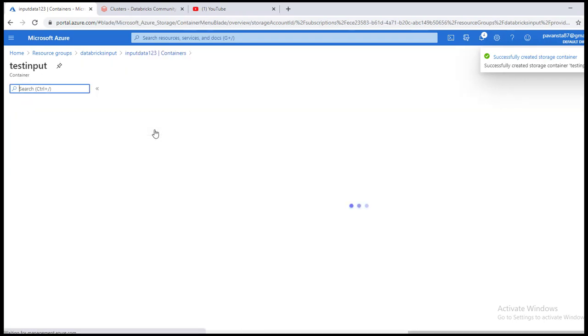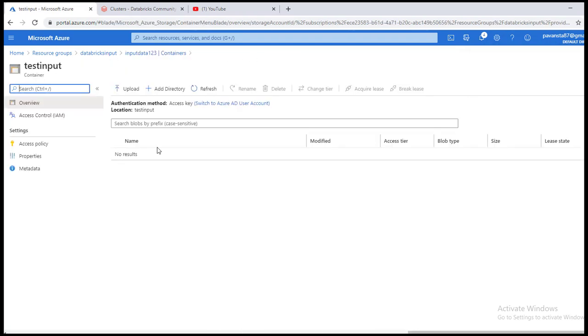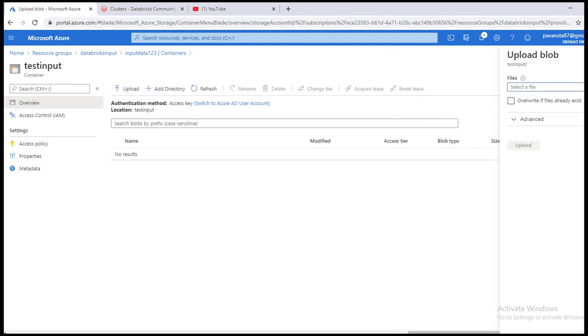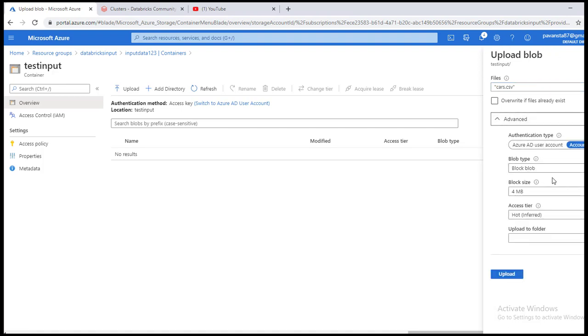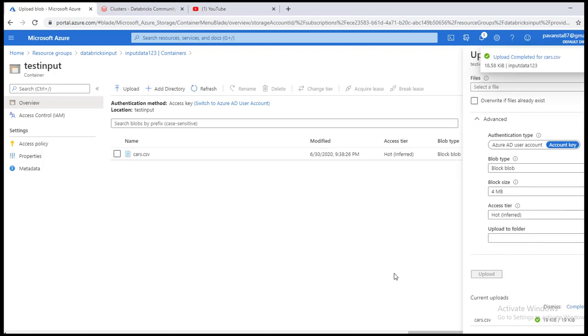In this container we'll upload a CSV file which will contain some data. We'll upload the car CSV file, which will contain car data. And these are other options which you can see. The block size is 4 MB, and click on upload. The upload is complete.